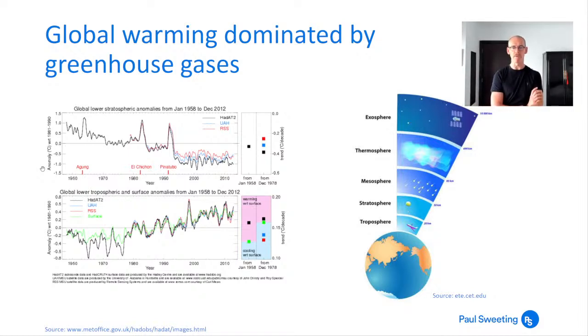The input from below is less, the lid on the top is still keeping the temperature up. And the rate at which we're seeing greenhouse gases go up at the moment is a bit like pushing the lid on, clamping it down, forgetting about it, and seeing all the water evaporate and the rice burn and stick to the bottom of the pan. It's that kind of level of problem.